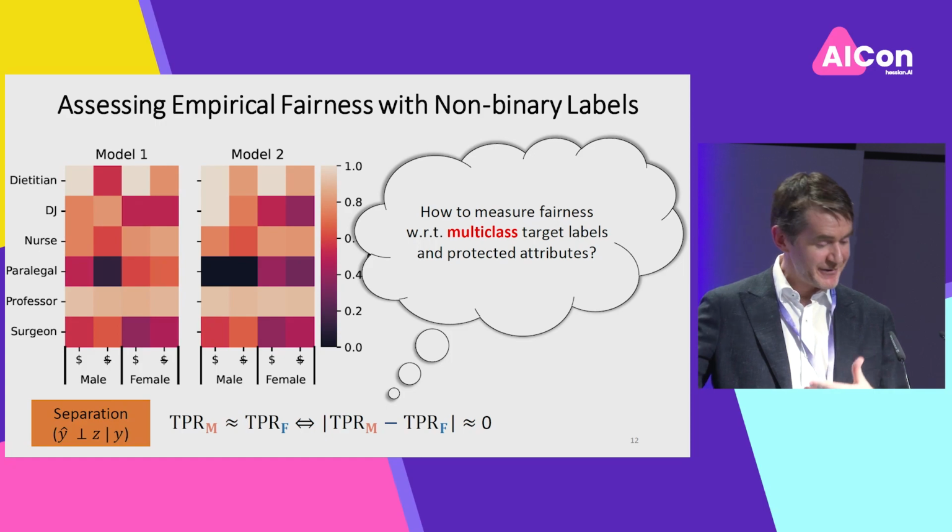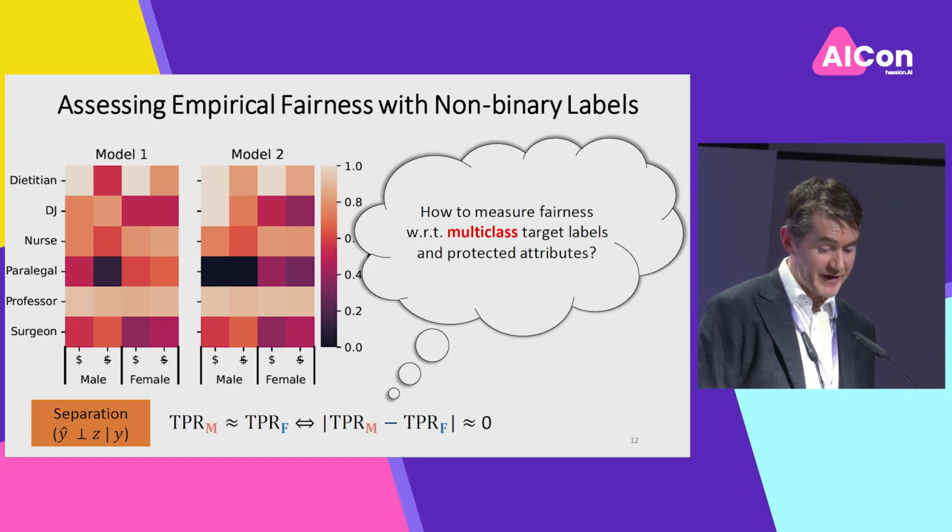And I've got then a breakdown across these different professions, across the two intersecting protected attributes of binary gender versus the wealth index of the country of origin. Okay, so you have two columns each for male and female based on this wealth index. So if I were to task you with telling me for Model 1 and Model 2, which is the fairer,